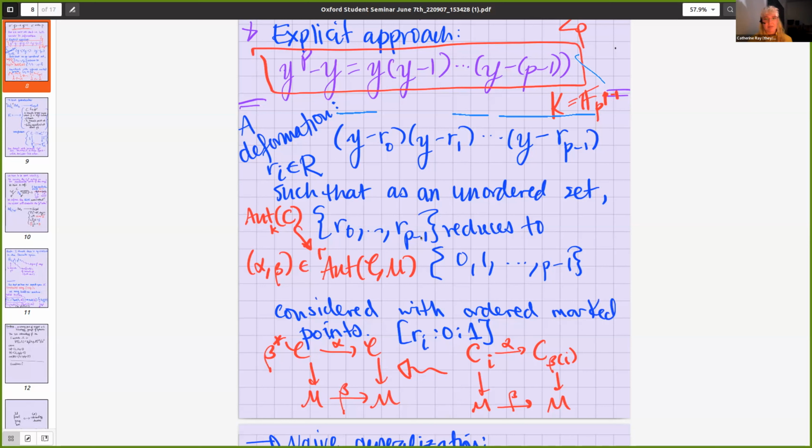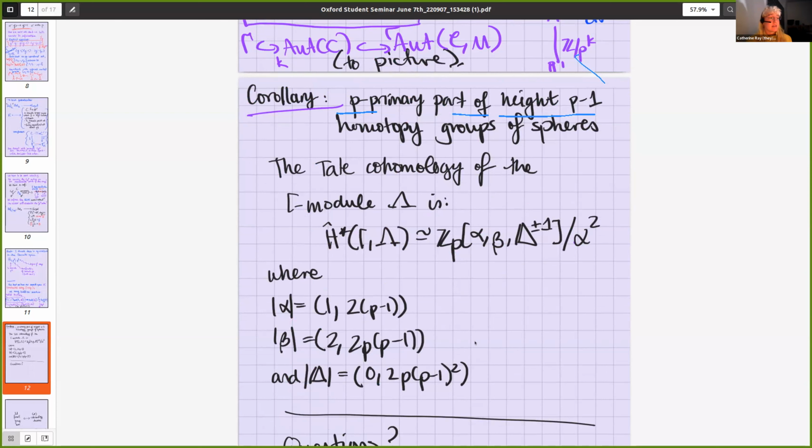And you can analogously show this for Z mod p^k. The answer for Z mod p^k for those heights is induced up from the reduced regular representation to Z mod p^k. And using that, we can actually calculate the Tate cohomology of all of these. So we can calculate this E2 page. Okay, I think that's the end of my time.